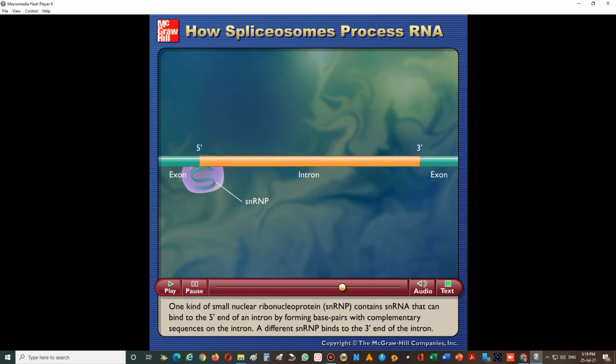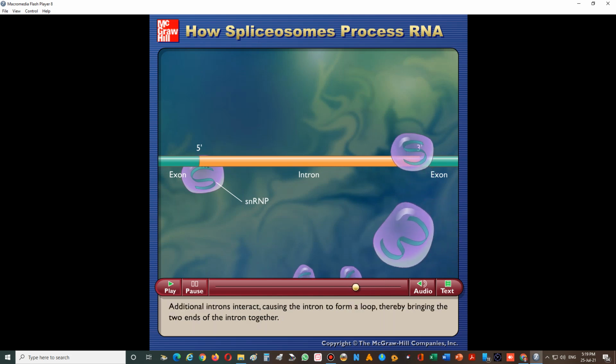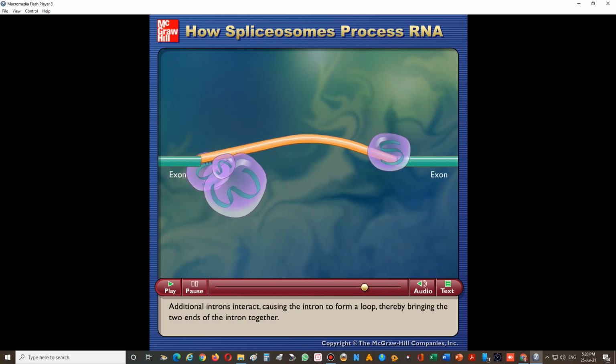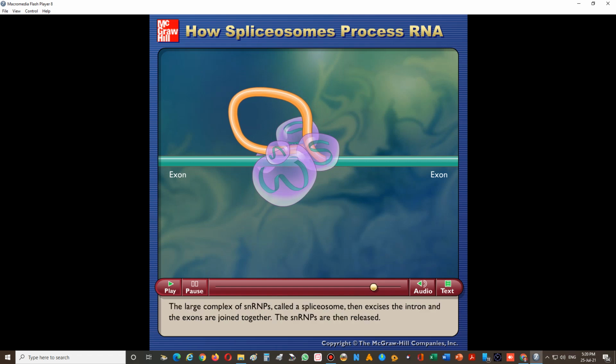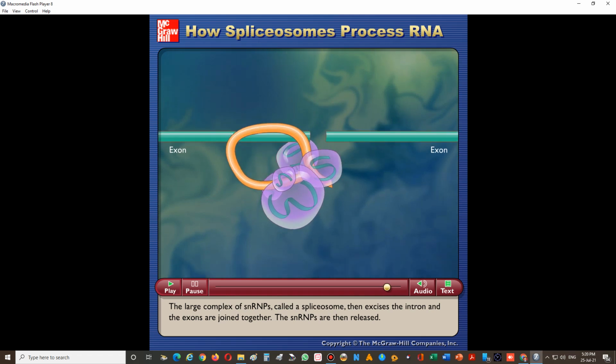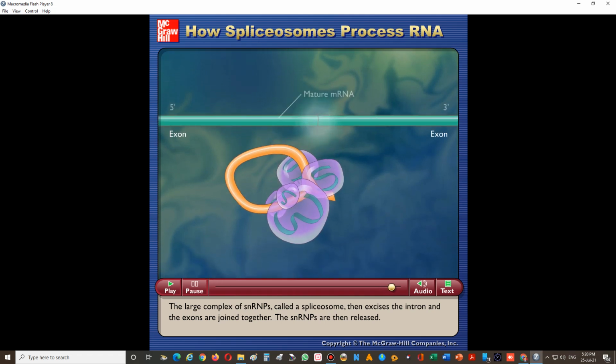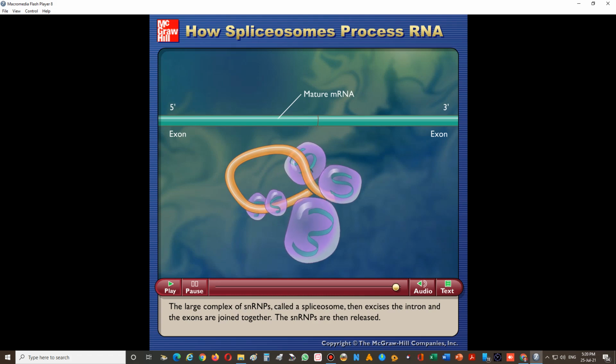A different snRNP binds to the 3' end of the intron. Additional snRNPs interact, causing the intron to form a loop, thereby bringing the two ends of the intron together. The large complex of snRNPs, called a spliceosome, then excises the intron and the exons are joined together. The snRNPs are then released.